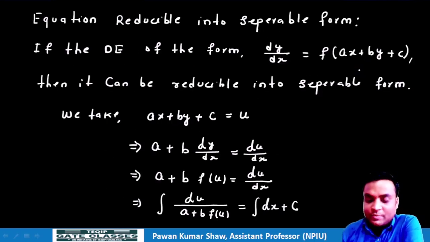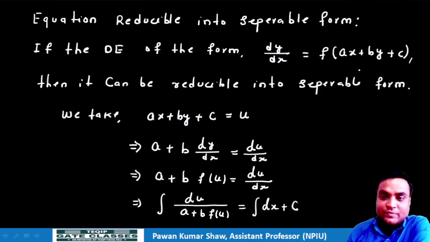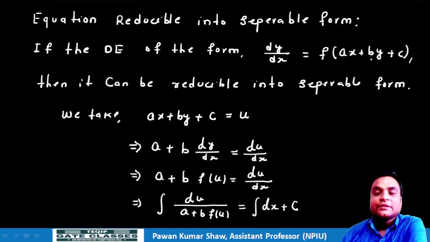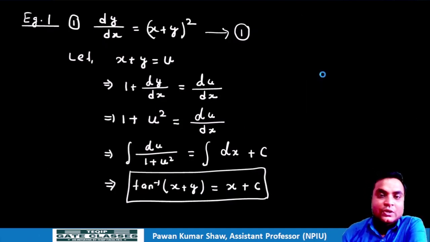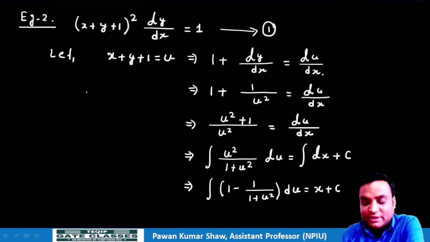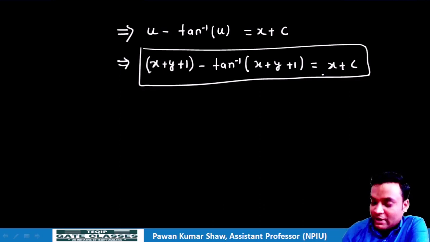Okay, so in this way we learned that when a problem is not in separable form but it is given in the form ax plus by plus c, then we can do the substitution and convert it into a separable variable form. Okay, so till now we covered one method, that is the variable separable form. After that we are going to see another method, that is method number B,